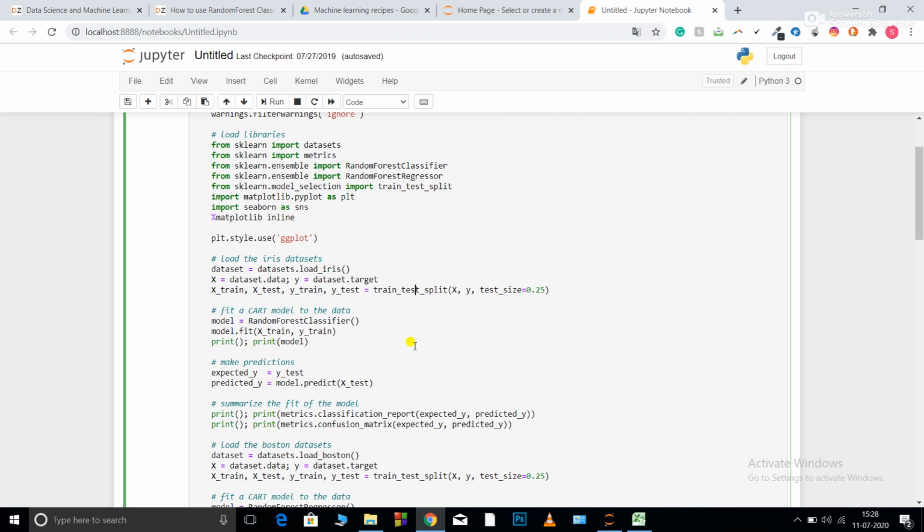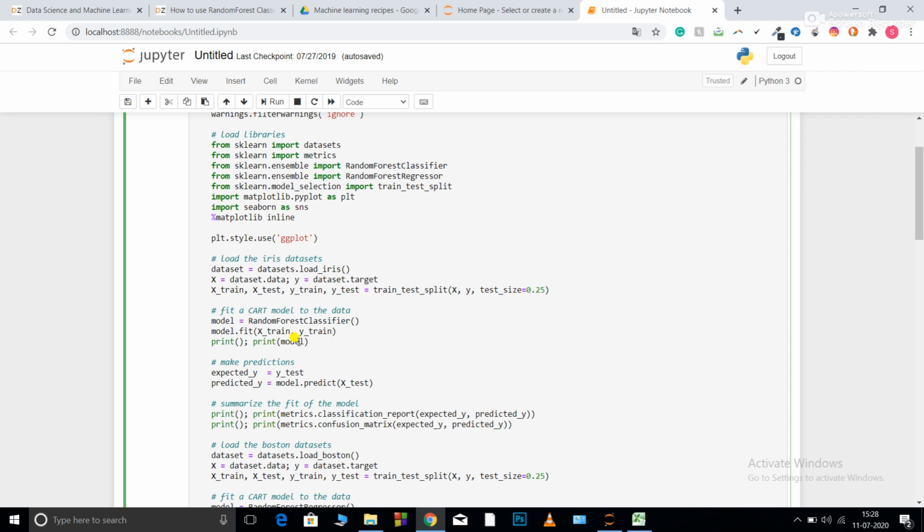Now model is equal to RandomForestClassifier. So I've initialized my model. model.fit(X_train, y_train) will fit my model. Print model will give all the basic hyperparameter information about my model. Now expected_y is y_test, and predicted_y is model.predict(X_test).